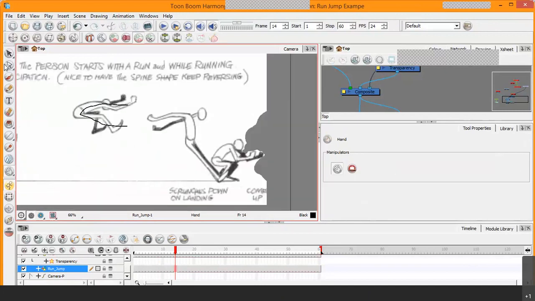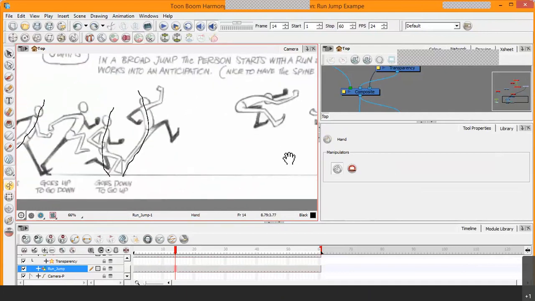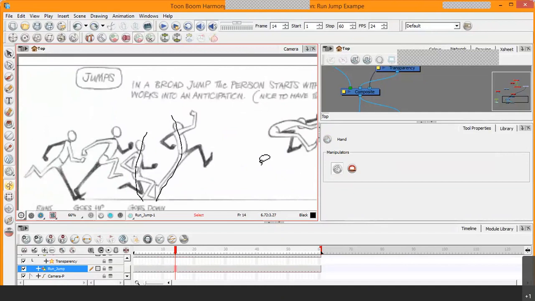Same thing here. There's a line of action established. I think it would kind of go down like that. And then there's another defined line of action here, which is a nice curve. So I'm going to remove all. So when you're posing your character, you want to make sure that you establish a nice line